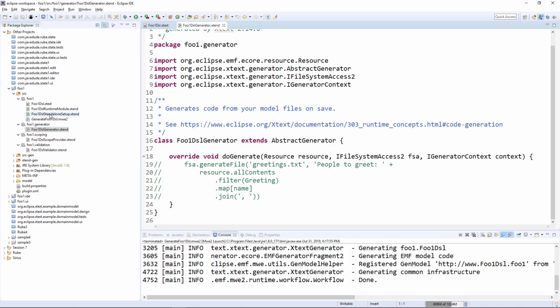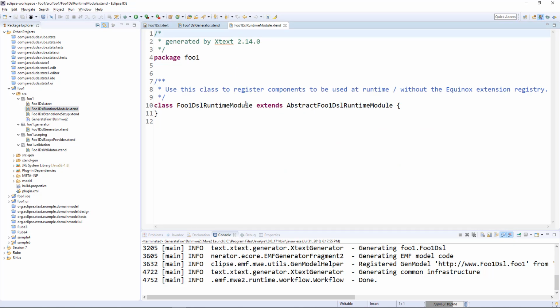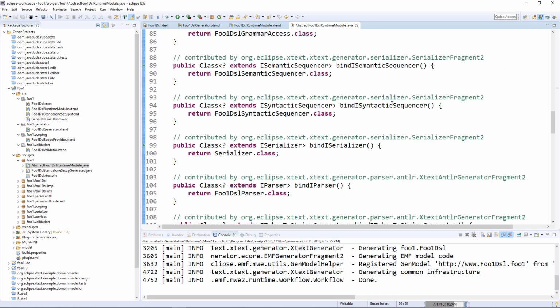It also sets up this standalone setup and this runtime module. This runtime module here is where you can plug in your code that you want to be used to inject into your IDE. They use a dependency injection framework called Juice, that's Google's dependency injection framework, to hook in features. And if we take a look at this abstract foo1 DSL runtime module,